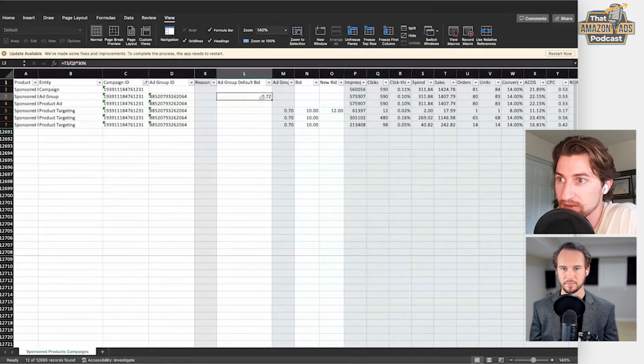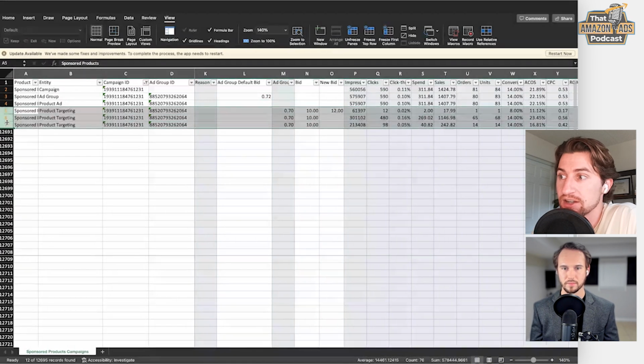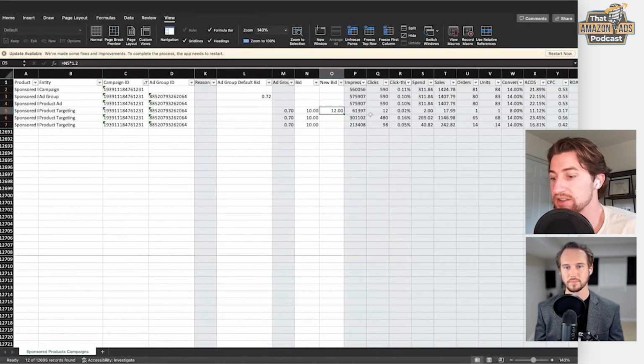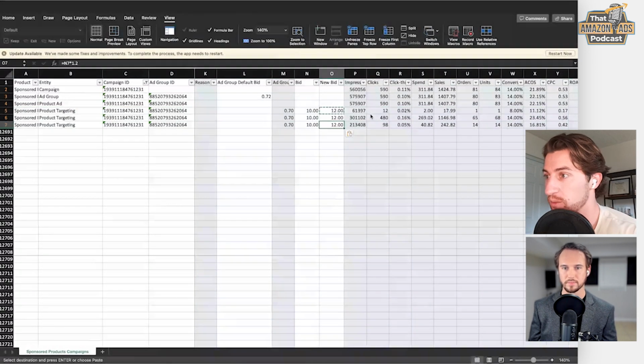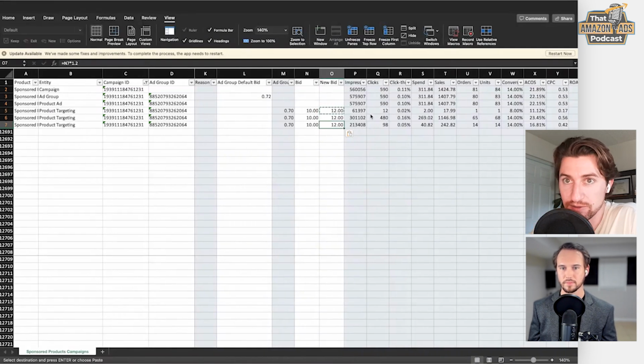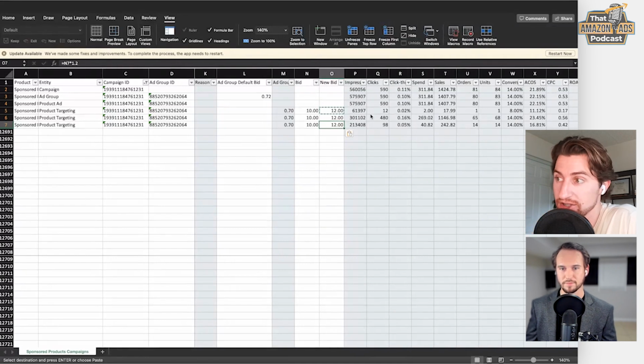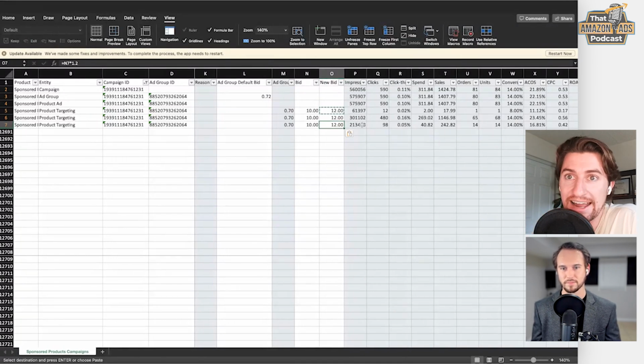We did the math here. We calculated what our average ad group's target cost per click was. We said 72 cents. But you could have bids here where even when you're bidding $10, your CPCs are still coming in really low, and you just keep increasing these bids by another 20%, 10%, whatever, and you're just going to keep making these bids from $10 to $12. The next time we run it, it'll be like 14. It's just going to keep increasing these bids ad infinitum, and it's going to cause you a headache and problems down the line.